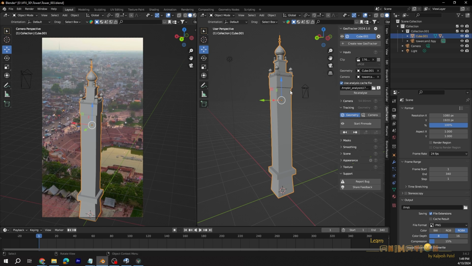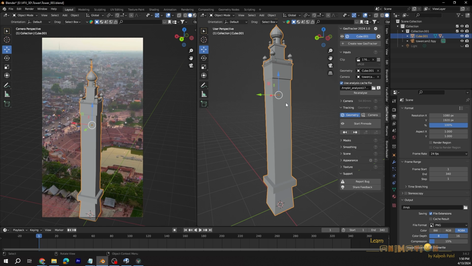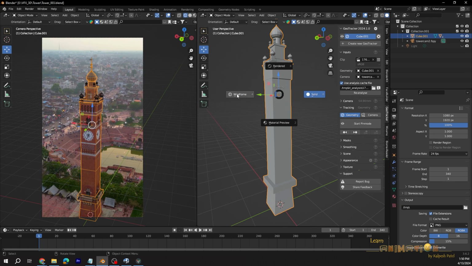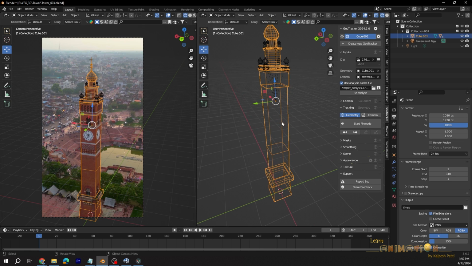In the geometry we have to select the cube. For the camera we have to select this camera, the AppSpy camera, not this one. So let me delete that camera, it isn't required anymore. You can switch off the light also, it's fine. You can keep it in wire mode, that is a little handy, you can see everything.